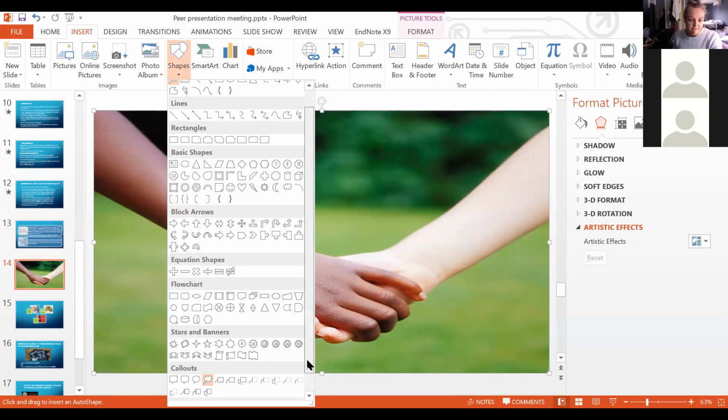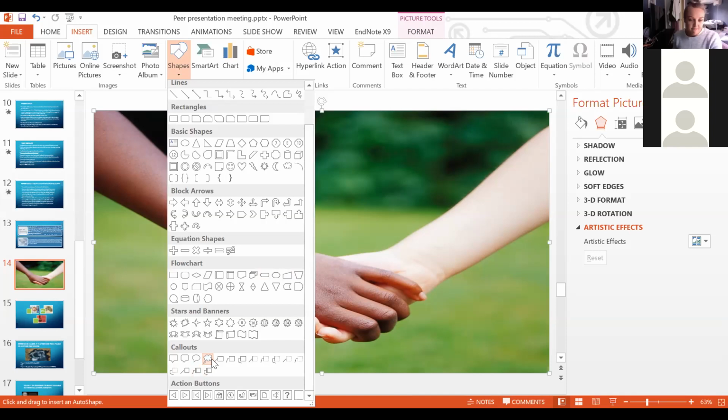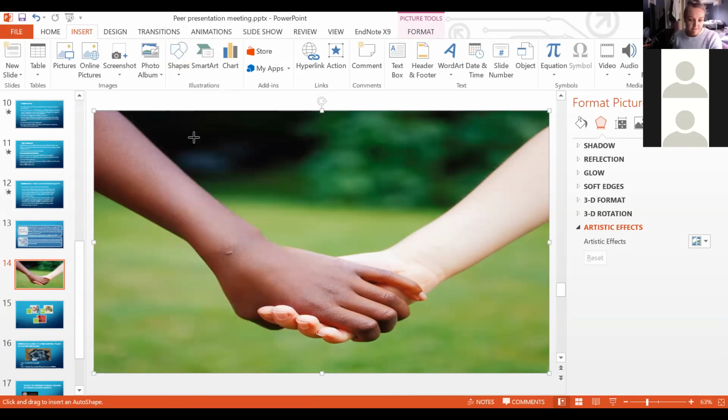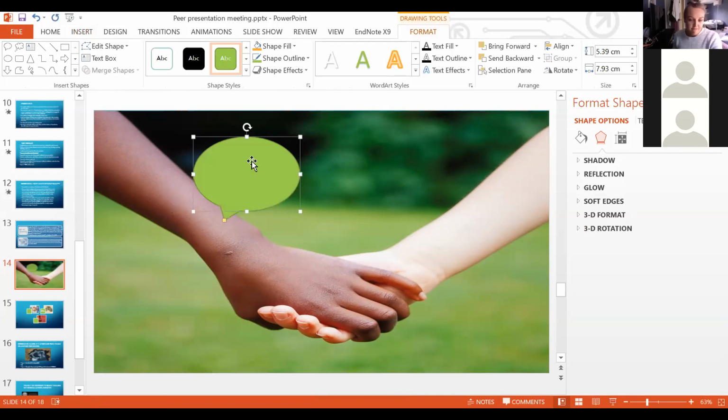And I went right down the bottom and I chose these little thought bubbles. You can choose any kind of thought bubble that you want, but you can also choose arrows. Sometimes I use arrows. You can choose circles and squares. But if you choose one of these things, you just go like that and put it in, and then you can write in it